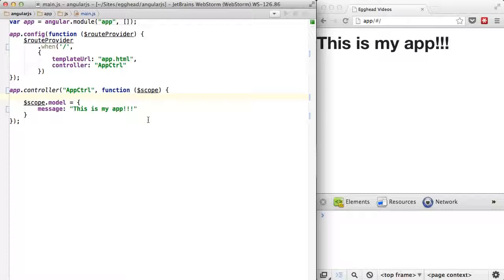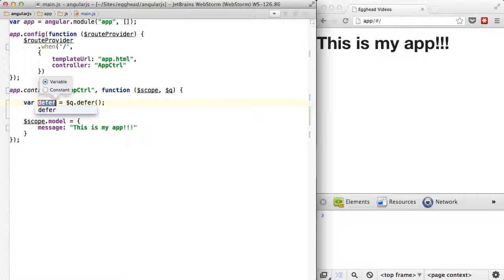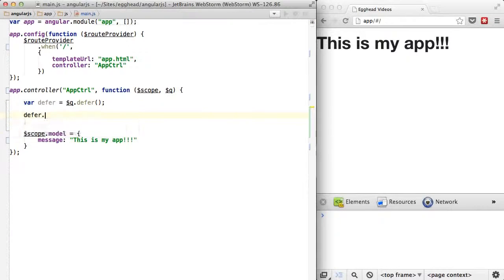Before we get to the resolve property and routes, we need to talk about promises first. Angular ships with a library called Q, which is a promise library. So if I just say Q defer, and I get a variable from that, and I say defer promise, on